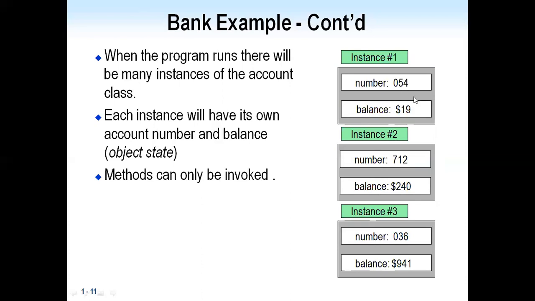The attributes of one object are different from those of another. Methods can be invoked based on the requirements. The first object, instance one, performs some operations based on the requirements. The second object performs some operations, and the third object performs some operations.